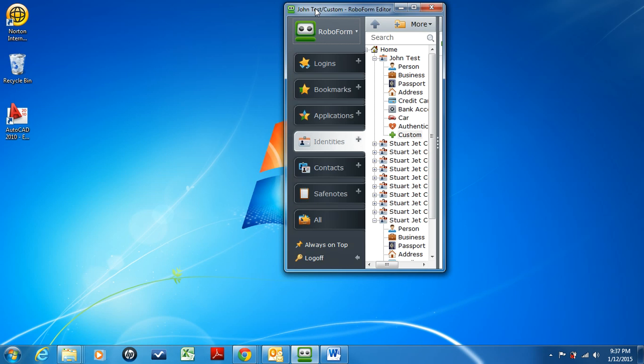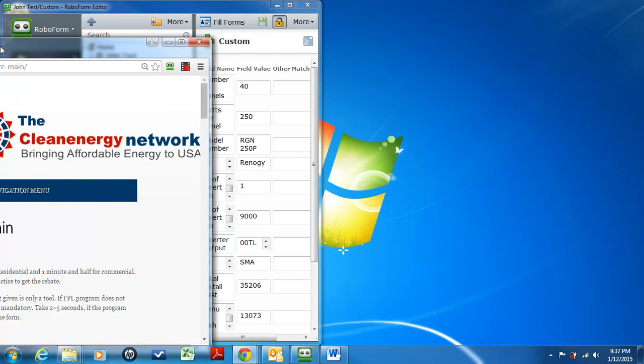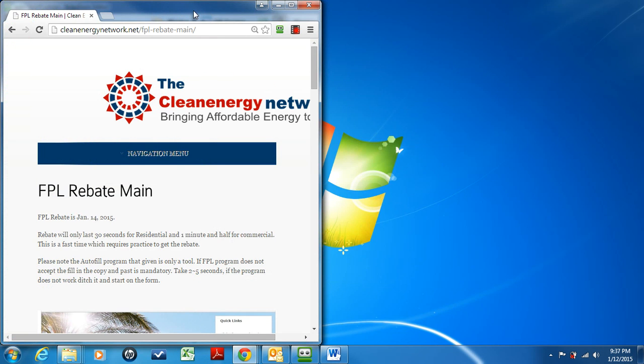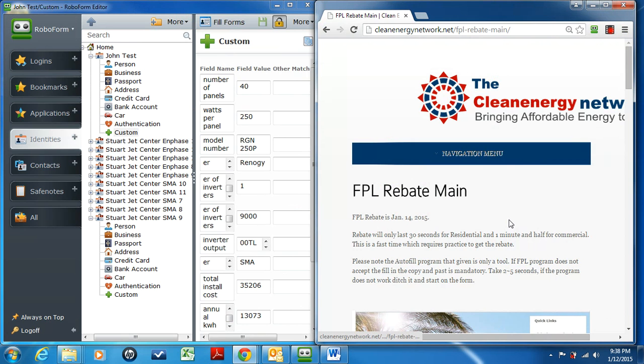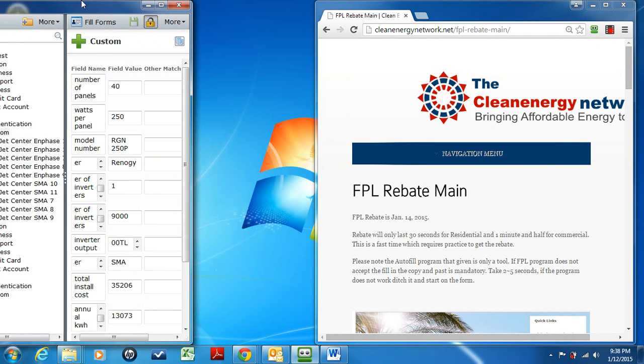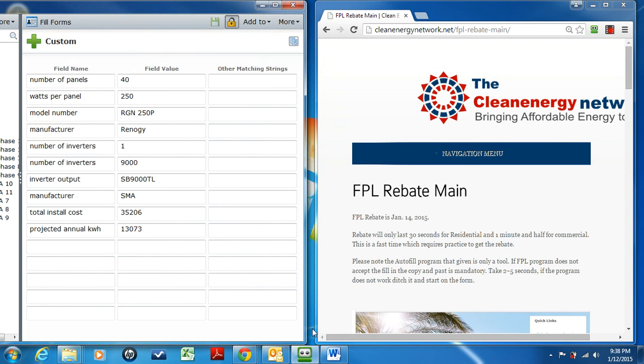Now, the last thing we're going to do is show you an example of how to put the RoboForm information into the actual document and what type of problems we can see with the RoboForm. So we want to be careful. So what we're going to do is